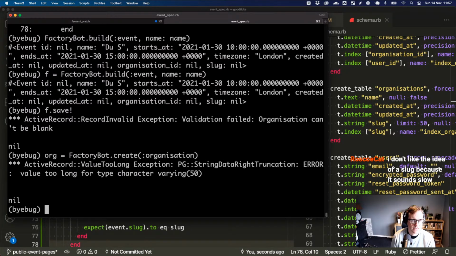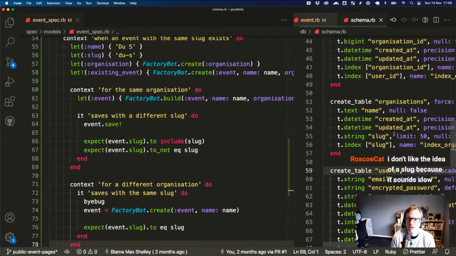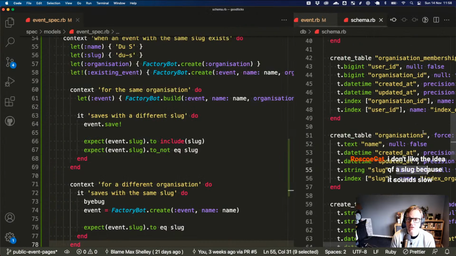Oh, it's creating the organization that's doing that. Value too long for type character varying. So it's in the organization that is failing. So is that this one? Or is that...